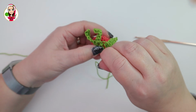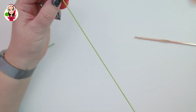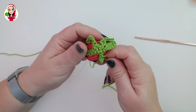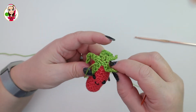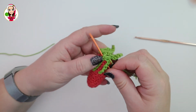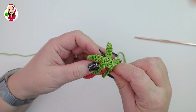And I'm just going to go into the top of the leaves, into the carrot base, and across to the opposite side. So I'm going through the top of the carrot there. I'm just going to pull it through. I'm going to have a little stitch here because I want some of these to stick off. So I'm going to go down a stitch, and then I'm going to go through the carrot into the next leaf. And don't put it too tight, otherwise things will start sticking up. Go down a stitch or two again, which I'll go down 2 this time, and into the next leaf. And I'm going to go down a stitch again and into the next leaf,